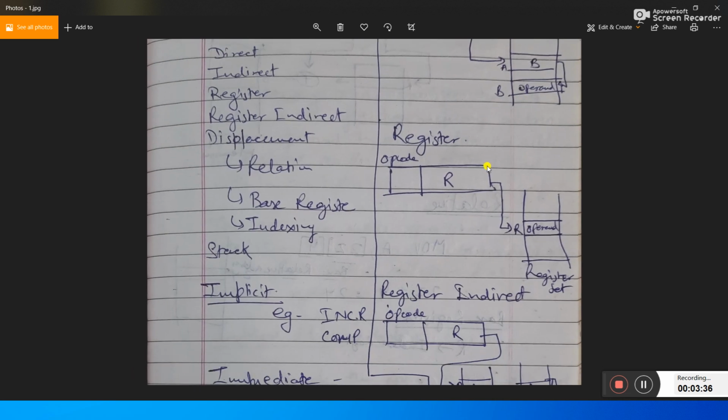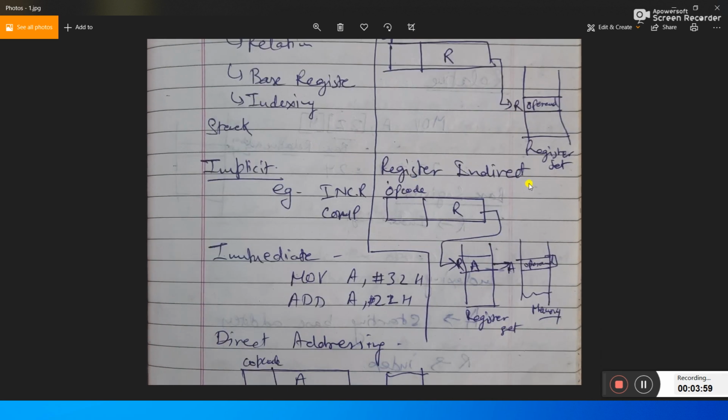So what is register addressing mode? Somewhere the register is R, and in the value of R the operand is there. Whenever we collect the value from the register, it is register addressing mode. Now what is register indirect addressing mode?